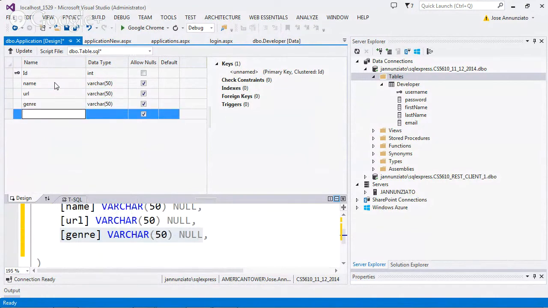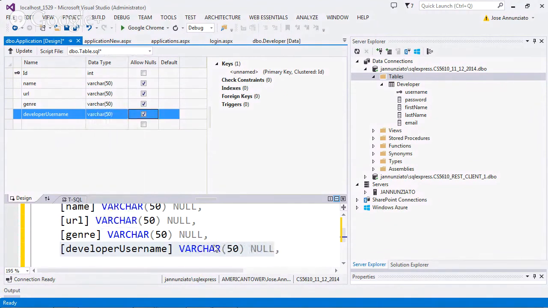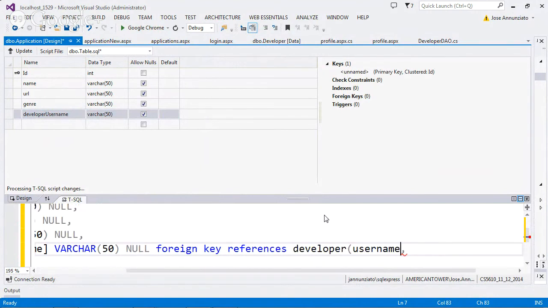Who's the owner of this? So I like to have a foreign key back to the username who created this, right? So I'm going to have here username or developer username, also a varchar. But this varchar is going to be a reference. This is going to be a foreign key that references developer username. Yep. Okay. I'm going to update this,